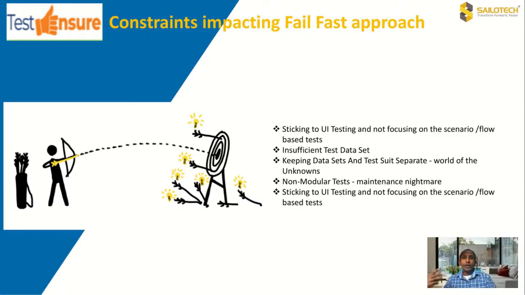So those are the constraints that slow down the fail fast approach, and you have to think them through. The solution that can help better is having test automation. So, having said that,